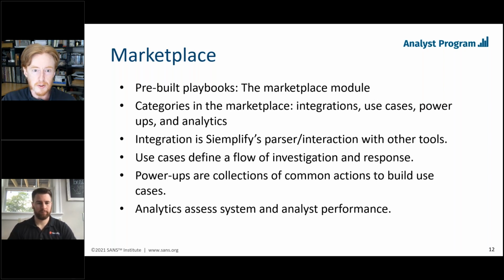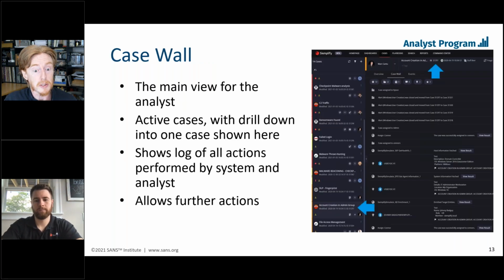So analytics are basically us being able to develop metrics. And again, this is one of those terms. I call them metrics or service level objectives. The tool calls it analytics. It basically allows you to do business intelligence type digestion of data in order to see what's going on, how well we are doing, and how we are approaching this.